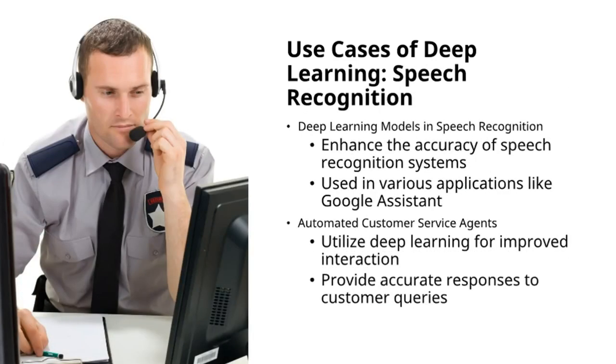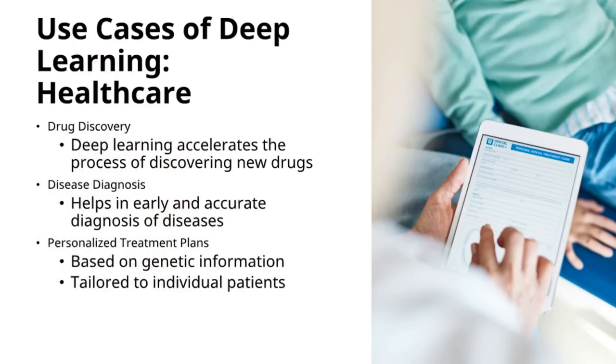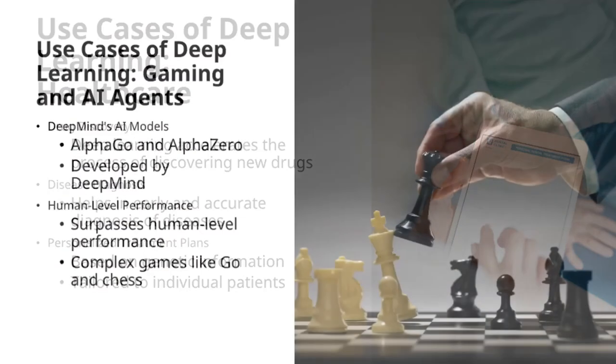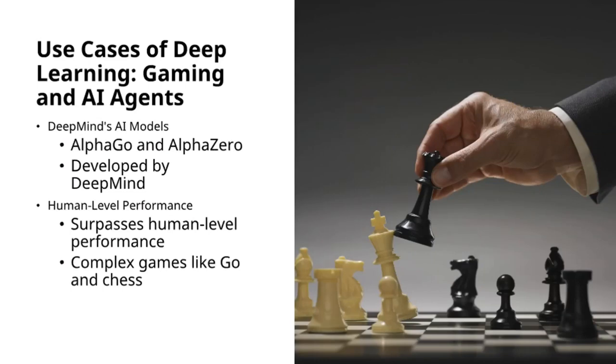Deep learning models significantly enhance the accuracy of speech recognition systems like Google Assistant and automated customer service agents, providing accurate responses and improved interactions. Deep learning is revolutionizing healthcare by aiding in drug discovery, disease diagnosis, and creating personalized treatment plans based on genetic information. DeepMind's models, AlphaGo and AlphaZero, showcase the power of deep learning by achieving human-level performance in complex games such